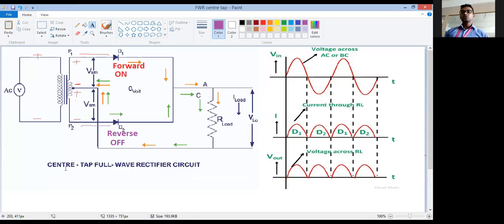Correct? So in case of the positive half cycle of input, your D1 is on and D2 is off. Okay. So now what will happen? Obviously, D1 will carry the current, D2 will not carry the current. So for the sake of simplicity, for a few moments, we will disconnect this. As you can see, this terminal is open because D2 is off. So we'll open it. So see what will happen.